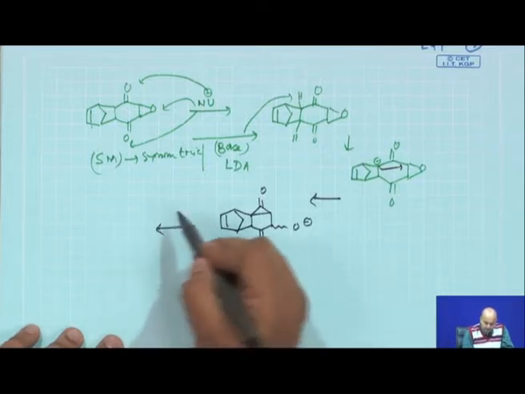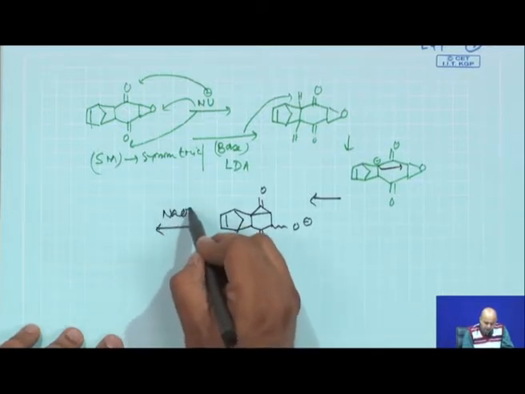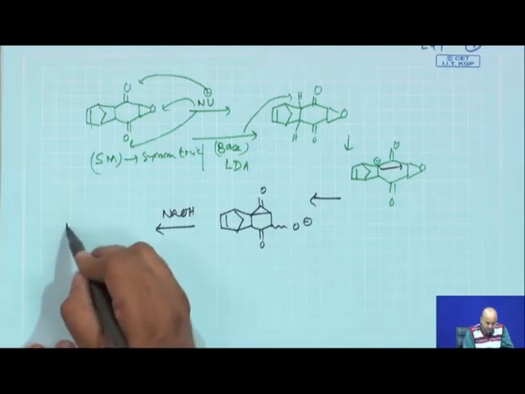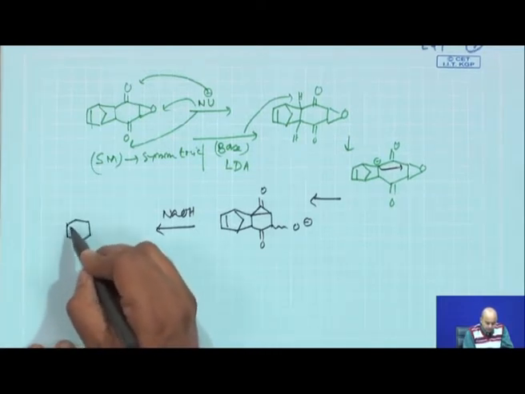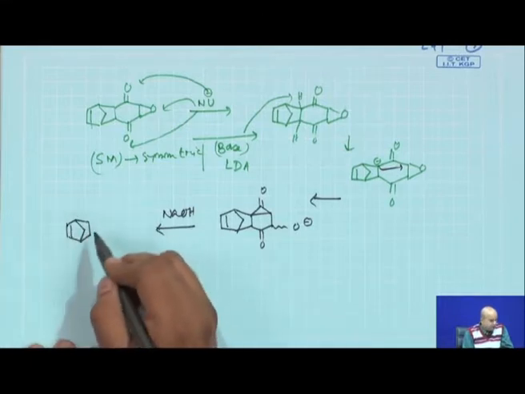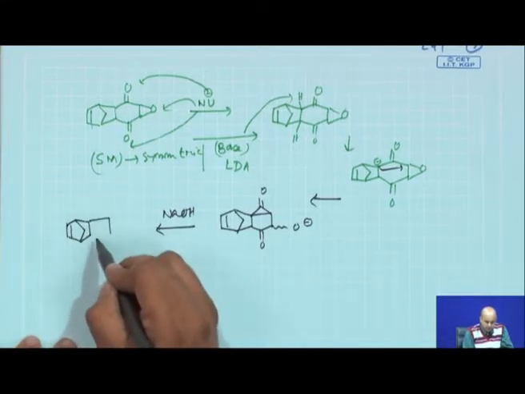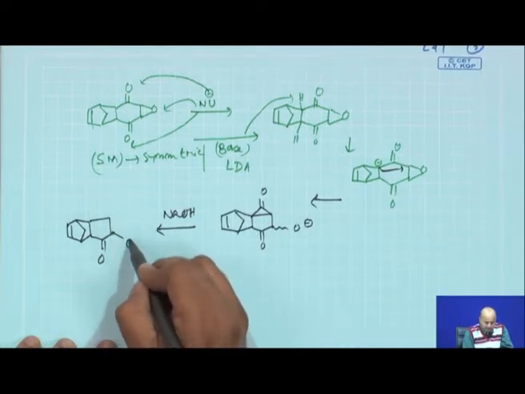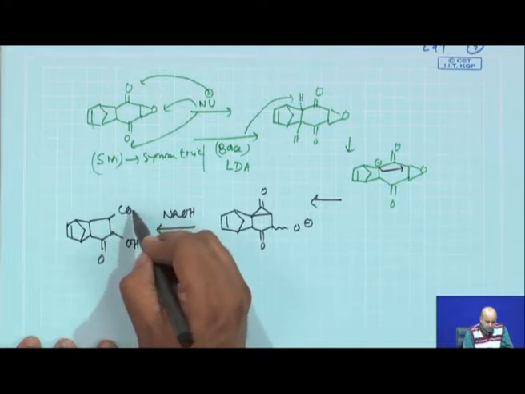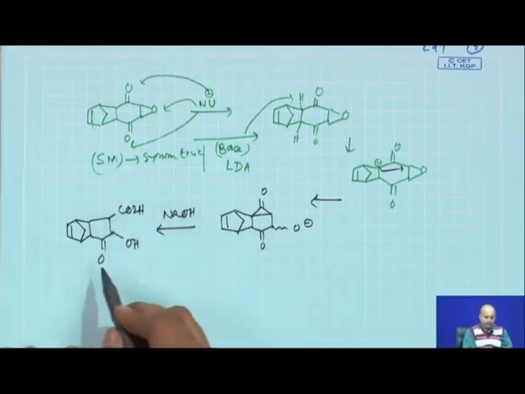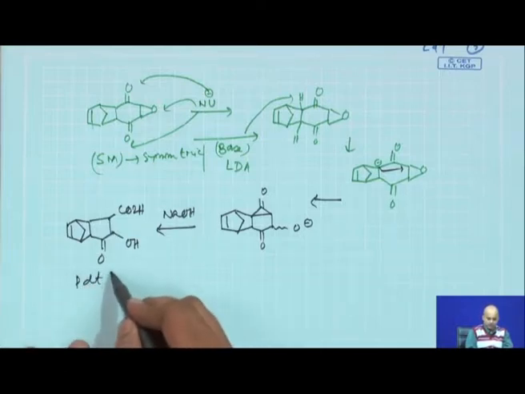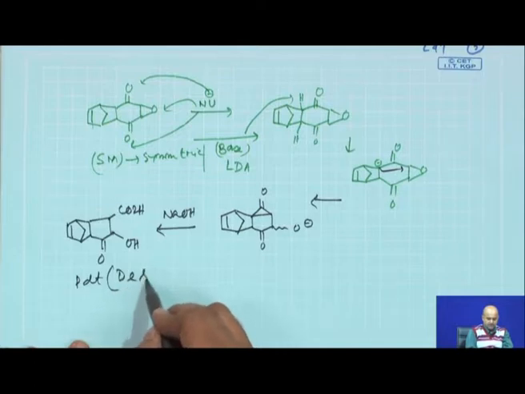Now, eventually if you treat with sodium ethoxide or sodium hydroxide, this OH minus now attacks this cyclopropane ring because it is strained, and a Favorskii type of ring opening will take place, which probably I am sure all of you know. And then you will see that this compound will now be converted to a compound like this. Now, this starting material and this product are completely different in structure. Now, this is the desymmetrized structure.